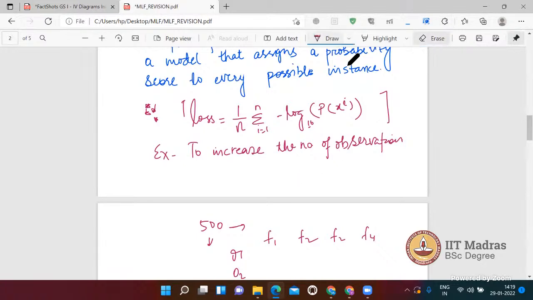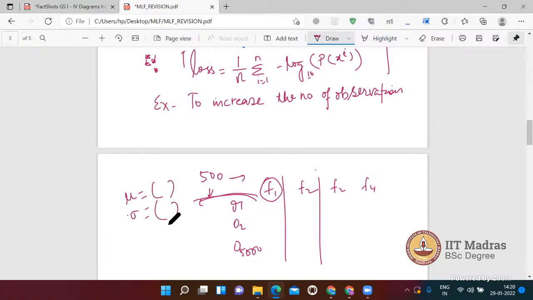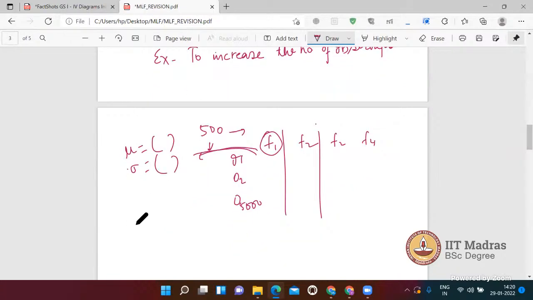So if we have features, like 4 features, and we have 500 observations and we have to enhance those, what we can do is take the 500 values of the first feature and the second feature as samples. These samples will give us a probability distribution. For example, if feature 1 fits a normal distribution with some mu value and some variance, then with this mean and variance we can get the normal distribution. Similarly, we can get it for features 2, 3, 4, 5, for all the features.